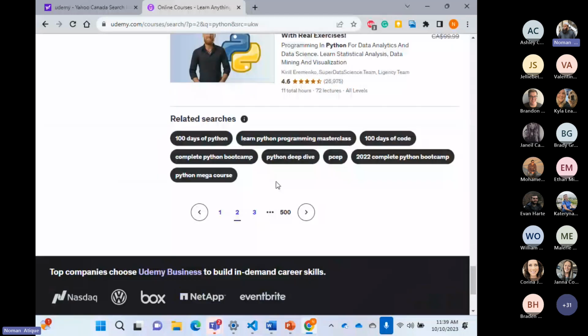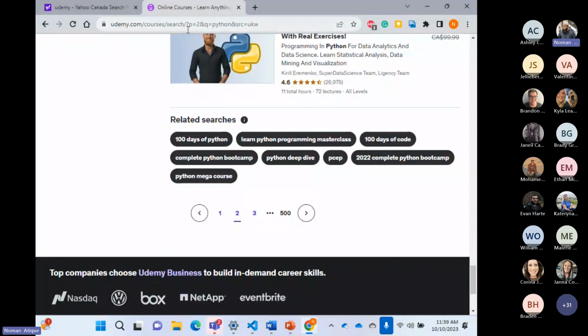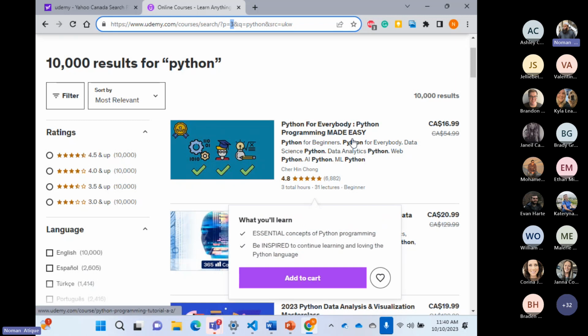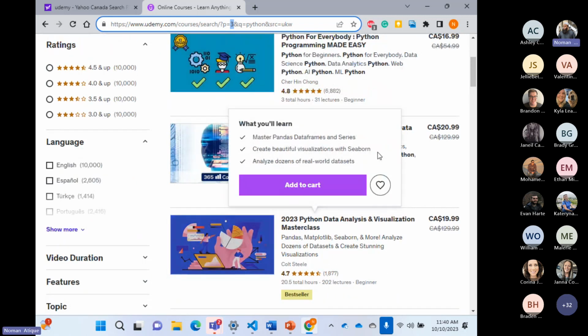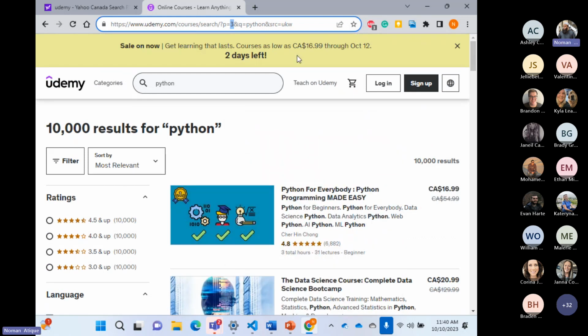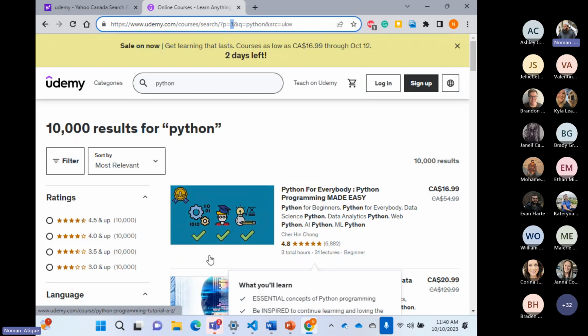What do I mean by server request? Look at my URL: udemy courses search, p equals 2, q equals python, and so on. If I click on number 3, look at my URL. The URL has not changed, rather it has just changed to p equals 3, page number 3. But this page number 3 is not coming from the server. It's actually loaded from the client itself. It's not that every time these components go to the server asking for new information; they are getting information from somewhere over here.